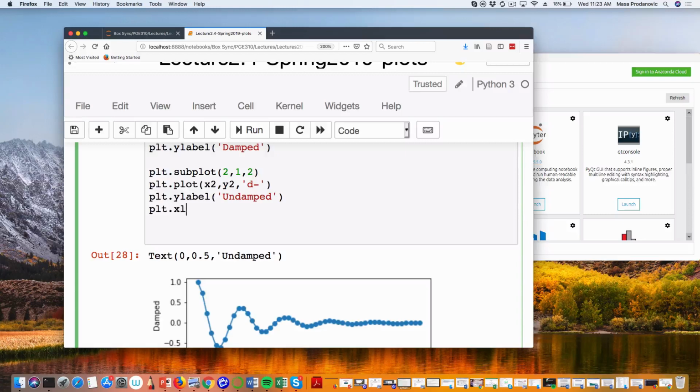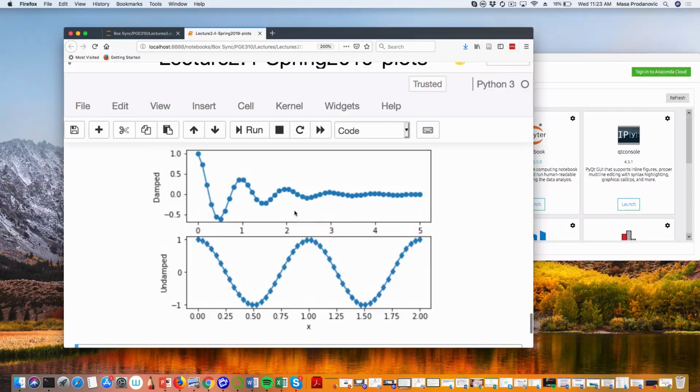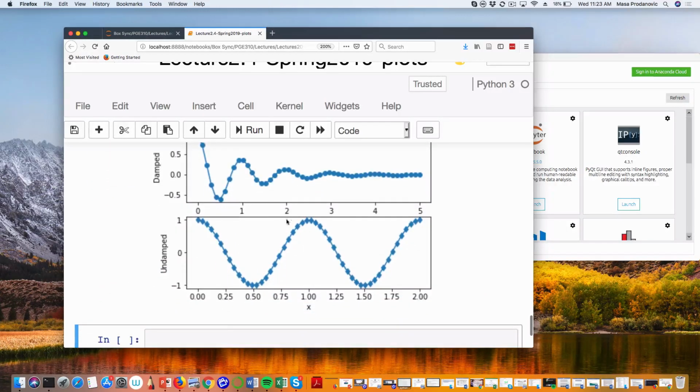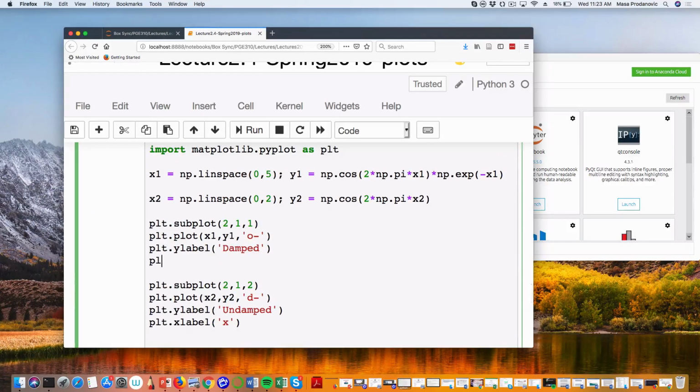Since I don't really know what this is, I'm just going to call it X. So that shows up here. Presumably this is X as well, so I don't need an X label in the top plot. Again, I can now do all kinds of things. If I put a title, it is way better to put it on the top plot, so I can put a title